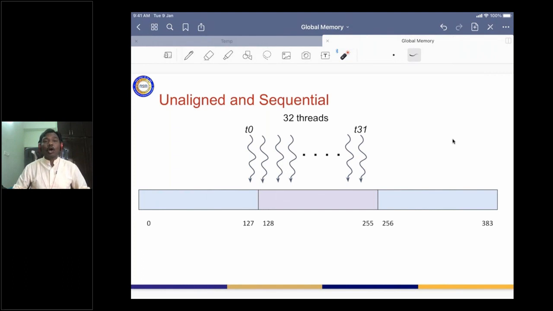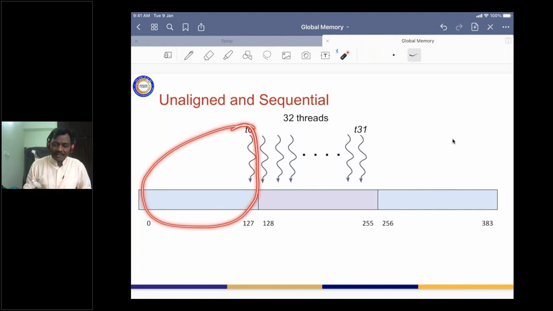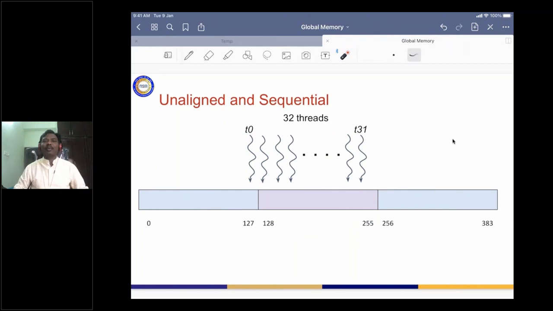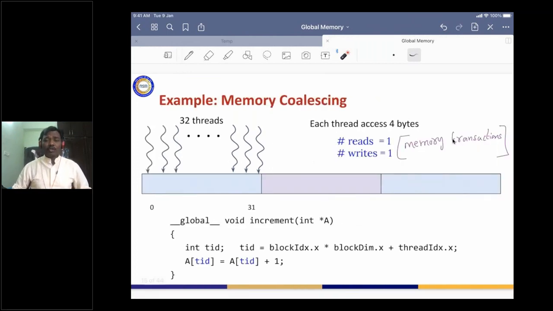Now possibly you can understand how many memory transactions are required in this example. So this is going to be one block, one memory transaction, and all the rest of them will be another transaction, and hence in this example we are going to require 2 memory transactions. Again, we are going to discuss a few more examples, and you will be able to write this program. I will give you sufficient code so that you should be able to run this.